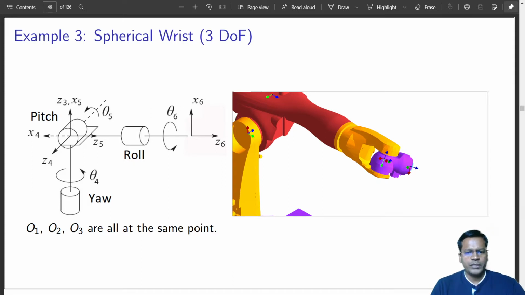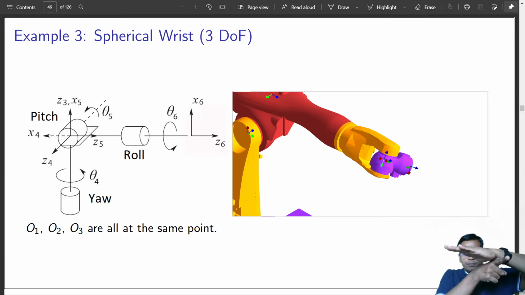Today we'll extend it further for one of the examples, which is known as a spherical wrist. Spherical wrist is just like our wrist. Okay, so it starts with a link. If you can see me clearly, it can roll. Actually, rolling happens much before over here, but this axis extends down the line, passes through this wrist, and it extends further. And it rolls about that particular axis. So this is what is rolling first.